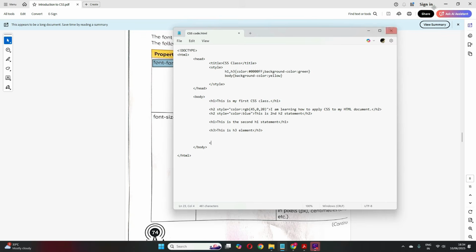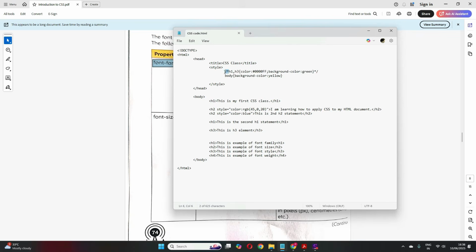Okay, so students, if you can see, I have added 4 lines here, 4 H statements, the heading statements H1, H2, H3 and H4. And for the time being, I have just commented out this line which we had before. H1 and H3 we were applying the CSS, right? So I just commented out.